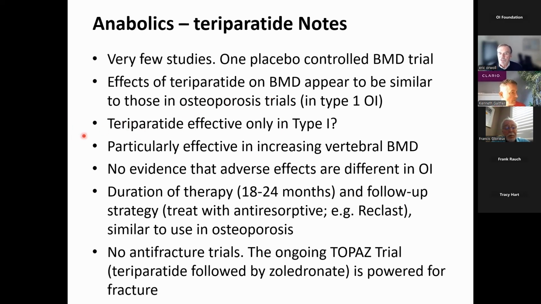So the question is, is teriparatide effective only in type 1, but not in those with more severe OI? It looks like it's particularly effective in increasing spine bone mineral density, so it might be most appropriate to use in people who have vertebral fractures or particularly low spine bone density. There is no evidence that adverse effects are any different in OI than in the general adult population, and it's a generally